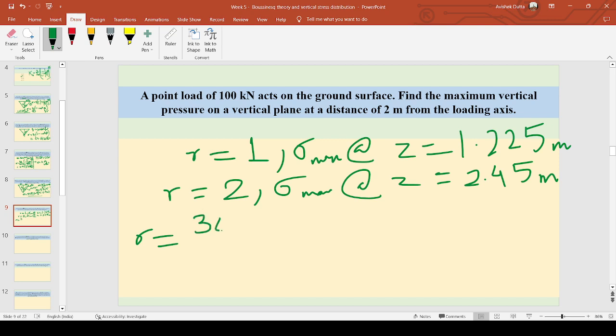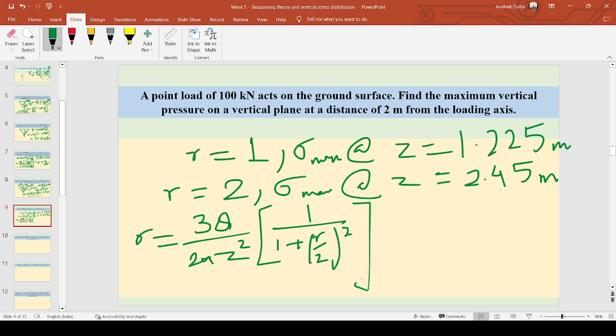Use the usual formula: 3q by 2 pi z square, 1 divided by 1 plus r by z whole square, whole to the power 5 by 2, where r equals 2 meter and z equals 2.45 meter. The value of Q is 100. Putting all these values in their appropriate places,